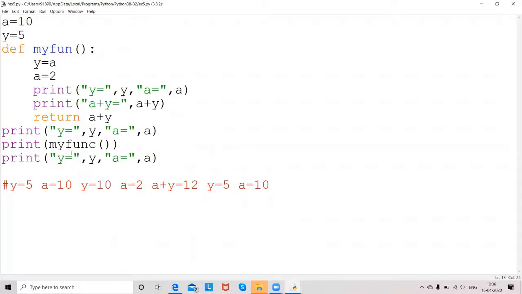So this is going into this location. Here it will print 12 in between because we have a print statement. What is the value it received? It will print that value also, right? So it prints 12 here. Then print y is equal to y. Now this y is coming from the global area, which remains as 5, and this a is again the global value, which is 10, so it remains as 10.